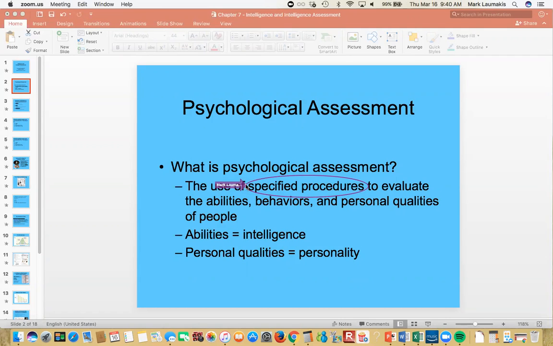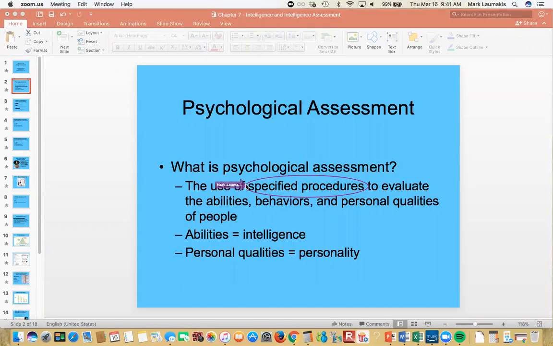She's really, really smart, or that guy's really, really shy. I wonder why he's doing what he's doing over there. And then you try to figure it out, right? You're doing these little mini assessments. That's fine, but those are informal. What we're going to talk about today is a more formal approach to assessing psychological functioning with a focus obviously